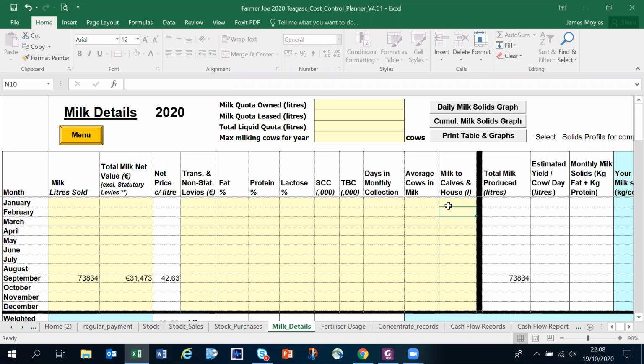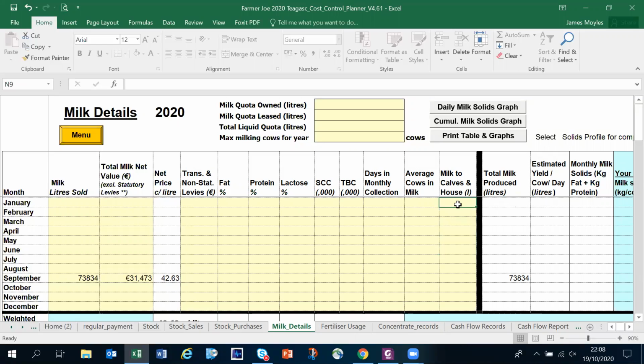That's needed for the end of the year to get your total milk solids produced per cow on the farm. So typically you have two options here. You might be recording the amount of milk fed to calves on a daily basis in the dairy or on a whiteboard. If you could total it up for the month, and do it first of all on a weekly basis and then translate that into a month,